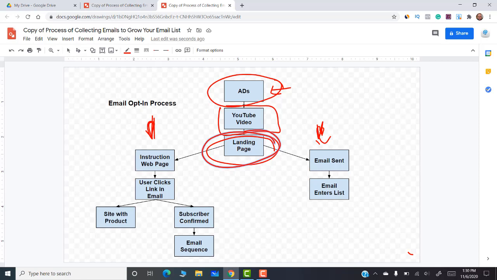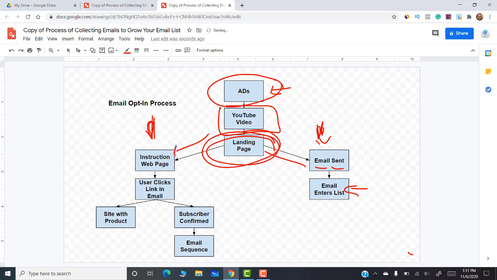Case in point, once they submit the email, they go down this track right here, and an email is sent to their inbox from the mailing provider. It's an email that you set up at the beginning. The mailing provider sees that there is an incoming opt-in, sends that email, and then takes that email address and puts it in your list. On the other side, over here,